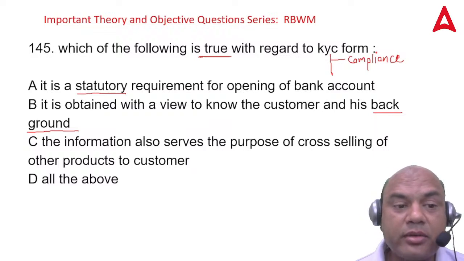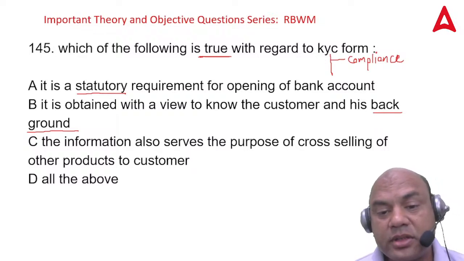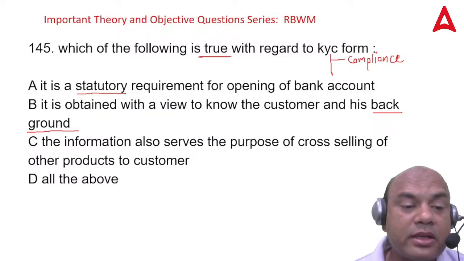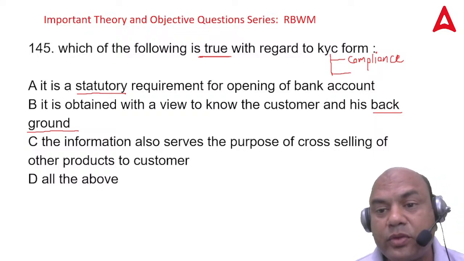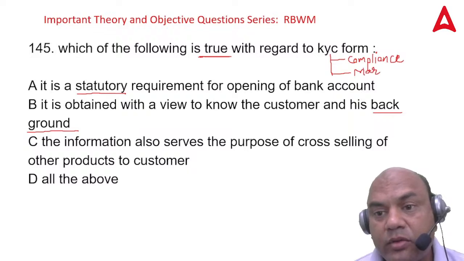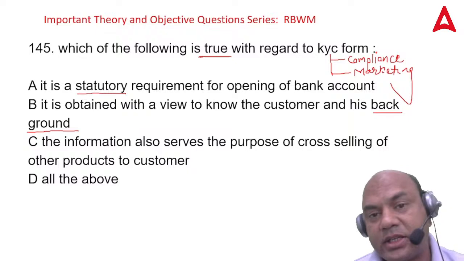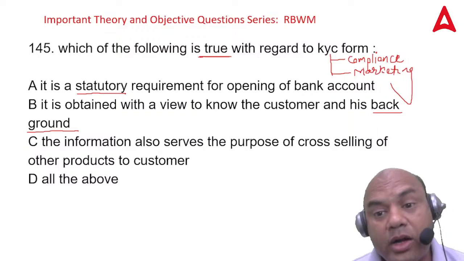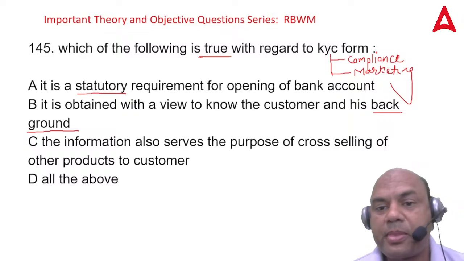So A is okay, B is also okay, and C, the information also serves the purpose for cross-selling of other products to the customer. Now this is what you have to answer. Whether the answer is D over here, whether C can be used, whether this KYC form can be useful for marketing purpose, that's what you have to think now. And that's what you have to answer. A, B, C or D. D means all of the above. So the answer is